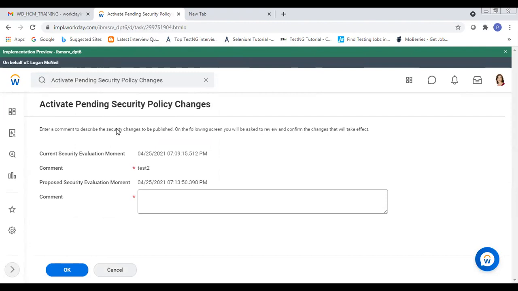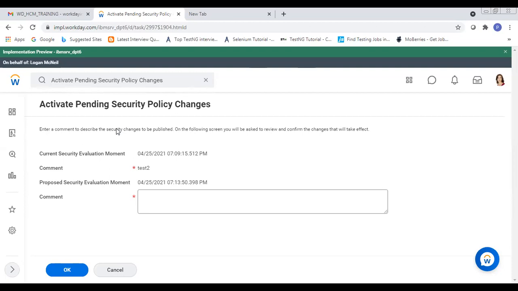So how do we activate any security changes? Try to remember the name of the task.